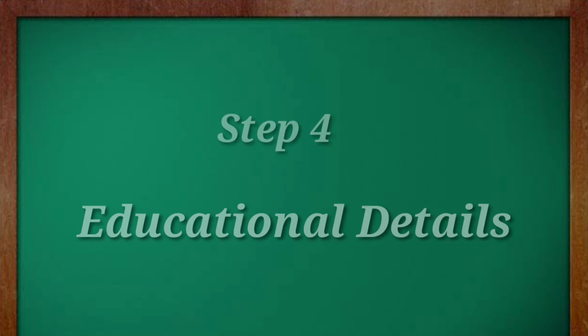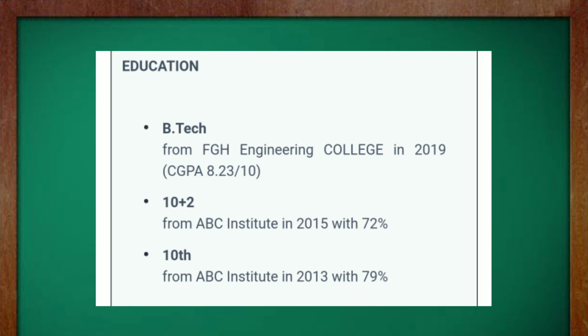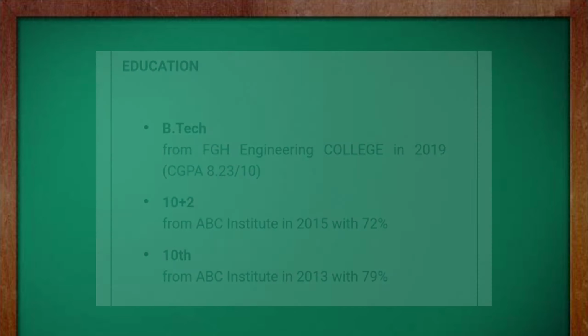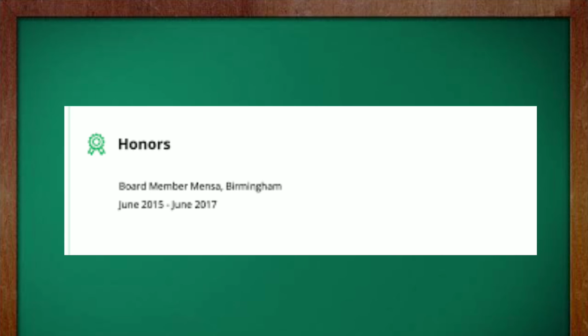The next step is adding your educational details. In this, you have to give your recent degree first, followed by the past degrees. You can also include your score in each degree you mention. You have to mention your graduation year and your field of study. You can also include any relevant honors or achievements obtained during your education.